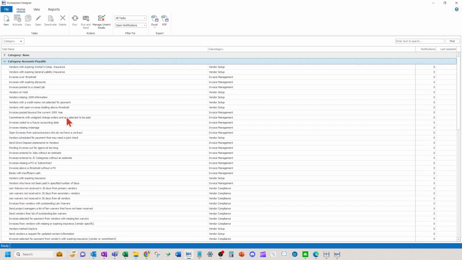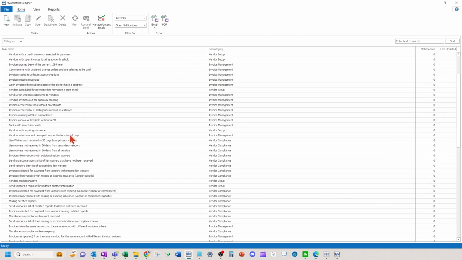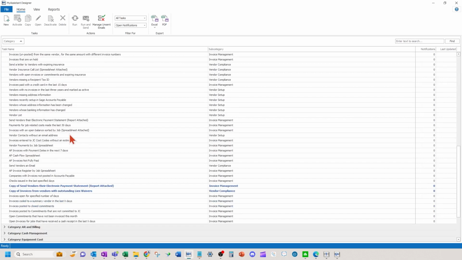For example, they've got a bunch of tasks in here already set up, but you could do your AP invoice register and set that on a schedule using My Assistant. But you have to do this outside of Sage 300, and it's not native inside of Sage 300.